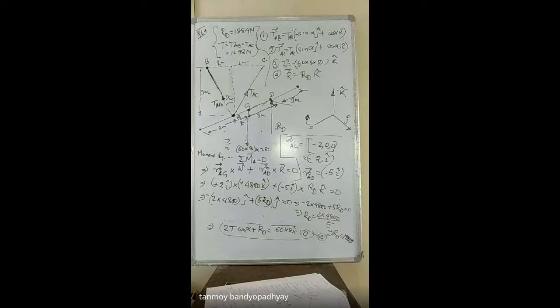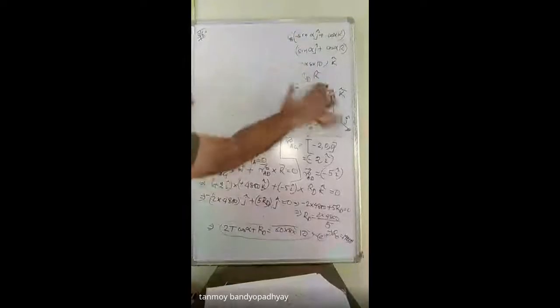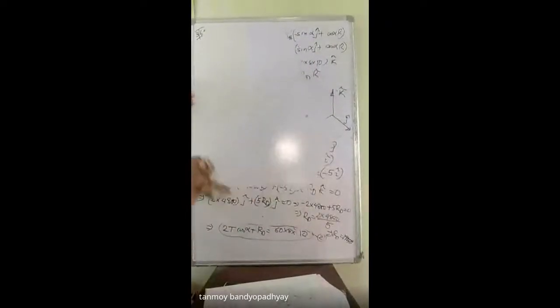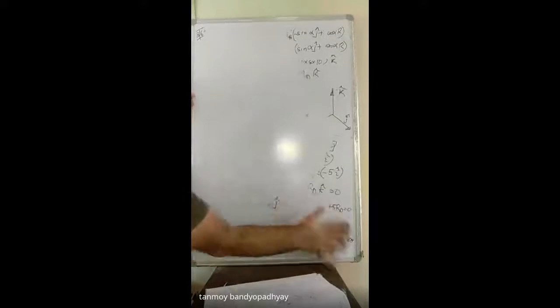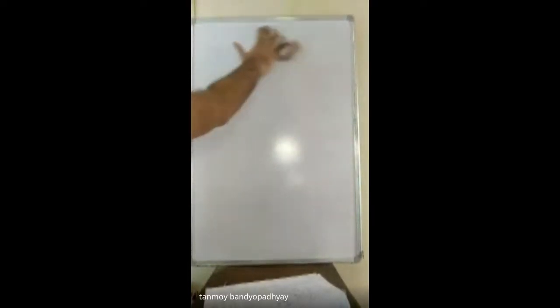Now we have to follow the same procedure. Whatever we followed in this problem, the same procedure needs to be followed for all the problems in this chapter. Using that approach, you can solve all the problems in this chapter. Just express all the forces and the position vectors in terms of vectors. If you can express the forces and the moments in terms of vectors, you can just equate them based on the procedure that I just followed for this problem.